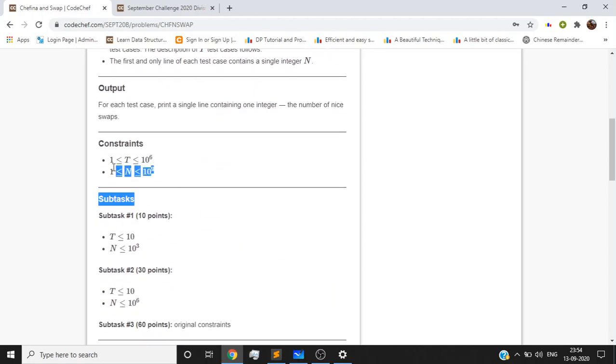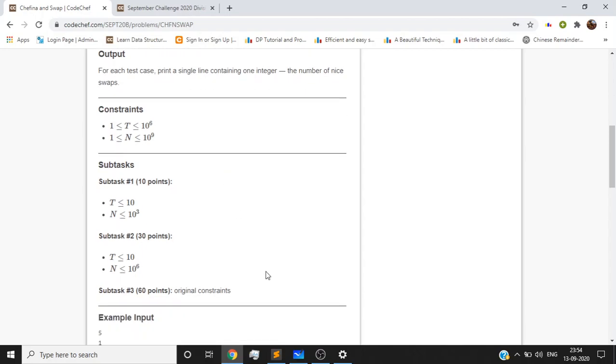Here n is up to 10 to the power 9, so from this we can conclude that an order n solution won't work, and we have to think of either log n or O(1). Okay, so let's start. Let's say we are given some n. The sum of the first n elements is n times n plus 1 divided by 2.